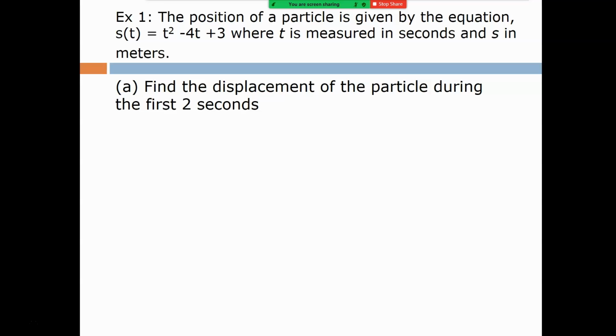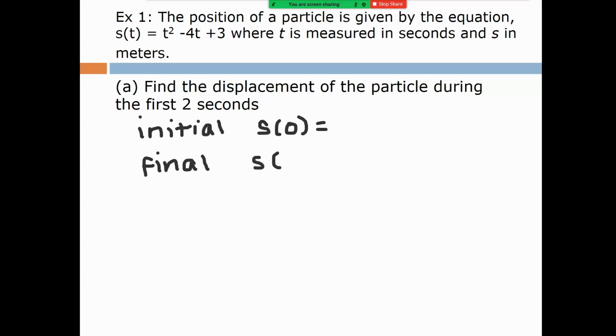So the displacement of a particle during the first 2 seconds, we care about its initial position, which is at s of 0, and we care about its final position, which is s of 2. So s of 0 is 3. S of 2